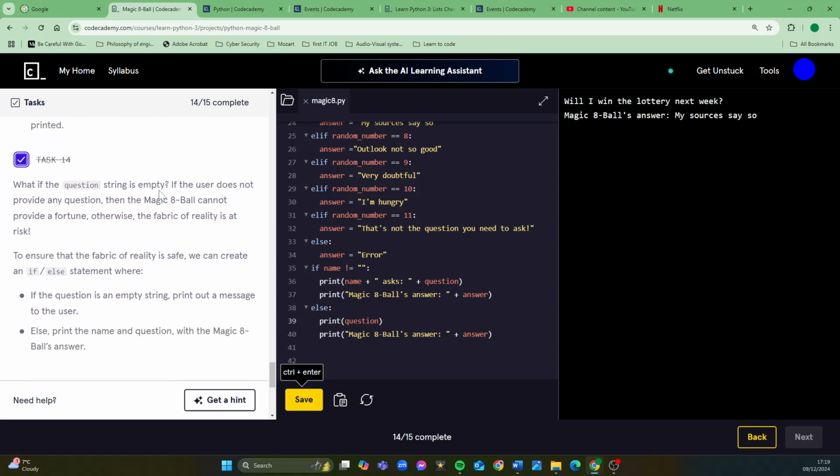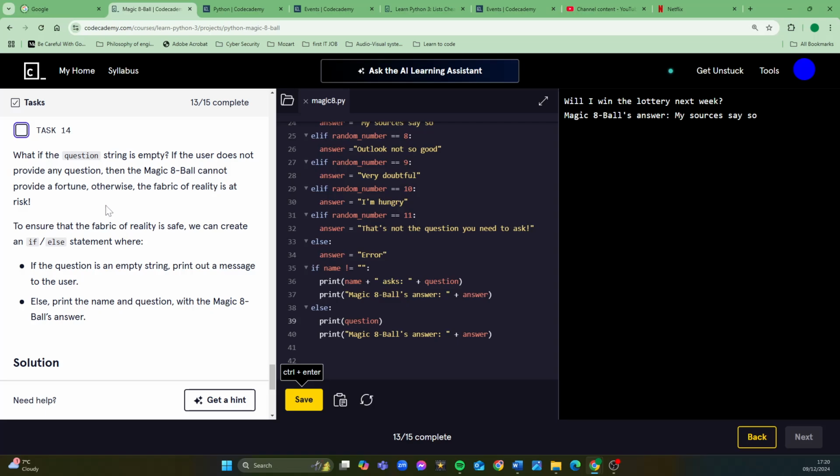Task 14. What if the question string is empty? If the user does not provide any question, then the magic 8 ball cannot provide a fortune. Otherwise, the fabric of reality is at risk. To ensure that the fabric of reality is safe, we can create an if-else statement, where if the question is an empty string, print out a message to the user, else print the name and question with the magic 8 ball's answer. So we can say,